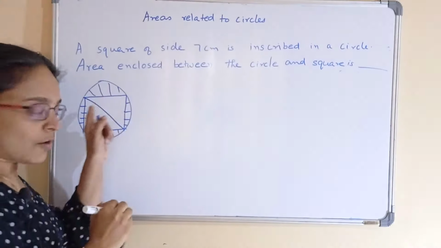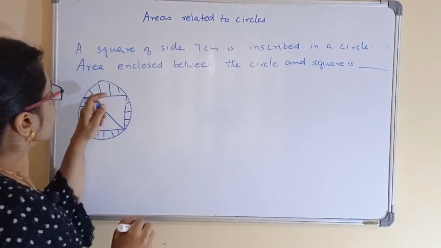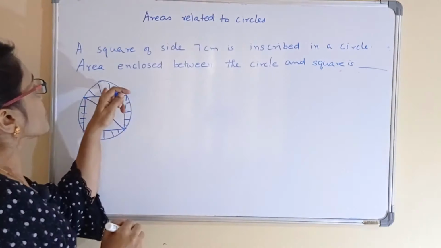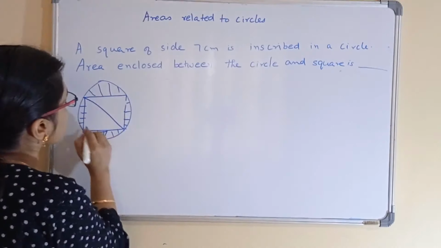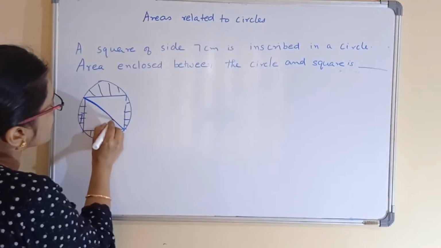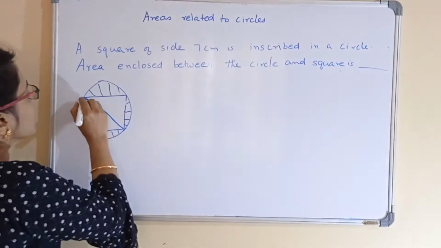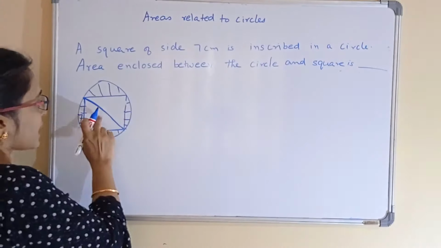Just find the area of the circle and subtract the area of the square from the area of the circle. So you will get the area of this part, right? And given that this side is 7 centimeter. So this is the diagonal of this square and this is a right angled triangle, and from that we can find